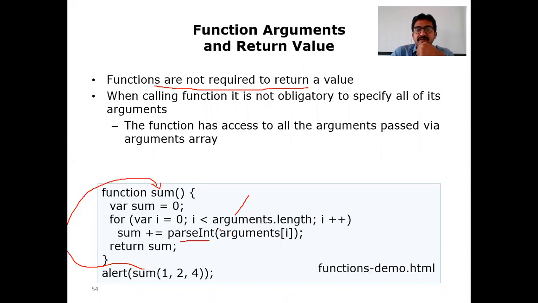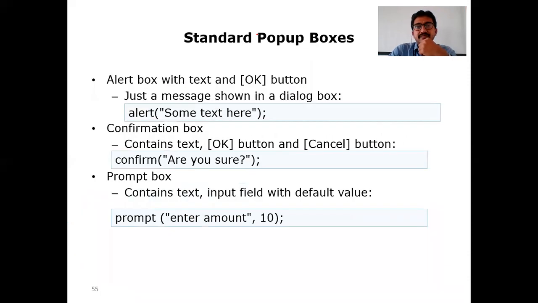For example, if you are giving 1, it is converted and comes as a string, and again we are converting it to an integer and adding it to the sum. Similarly for the next iteration. The number of inputs is 3. If you are giving 3, the loop will repeat 3 times, so each time it is adding to the sum.